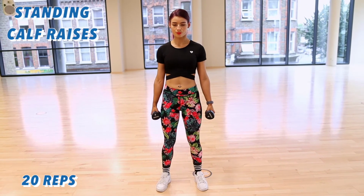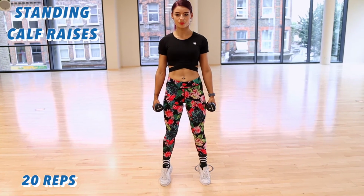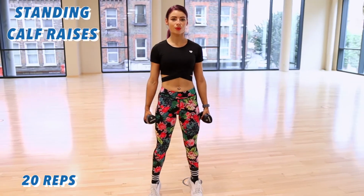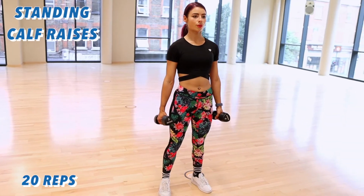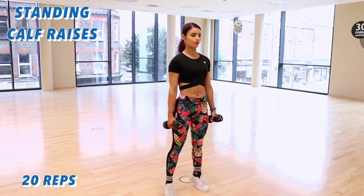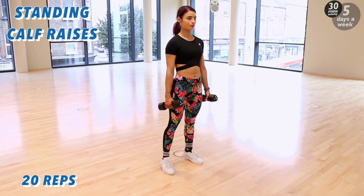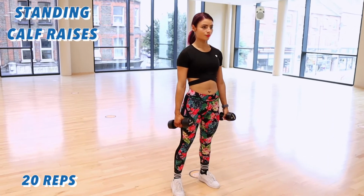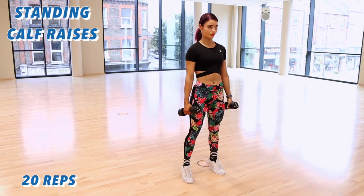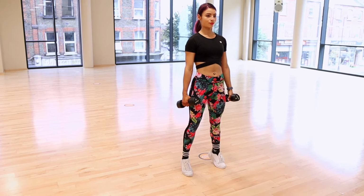3, 2, 1, go. Perfect. 3, 4, 5, 6, 7, 8, 9, good. 10, 11, 12, 13, 14, 15, 16, 17, 18, 19, and hold a number 20 at the top, slowly come down,